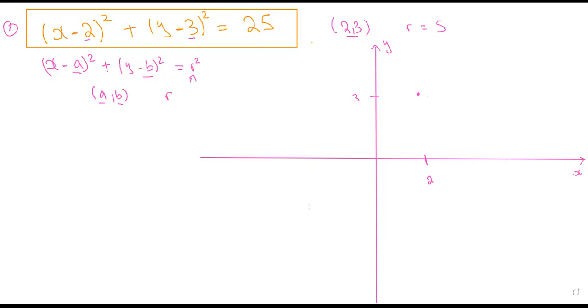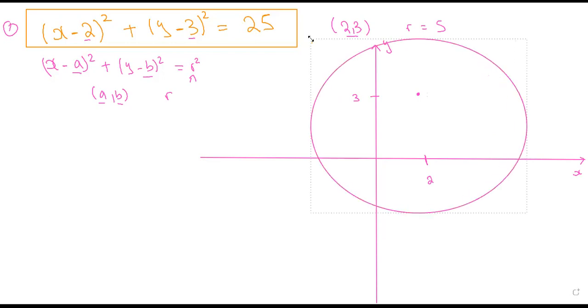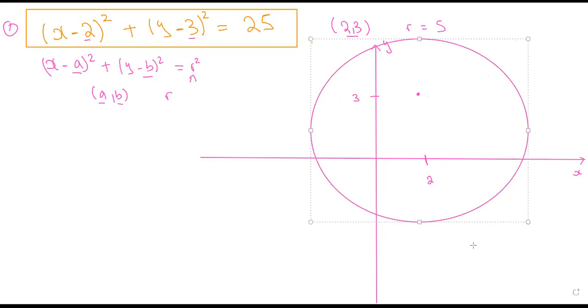Let's say this is my circle. Wait a second. This is my circle, and then I can just draw the dot again. It should be in the exact center. So let's say this is the center. Just trust me, it's the center, even if it doesn't look like it, because we are just sketching it, and this